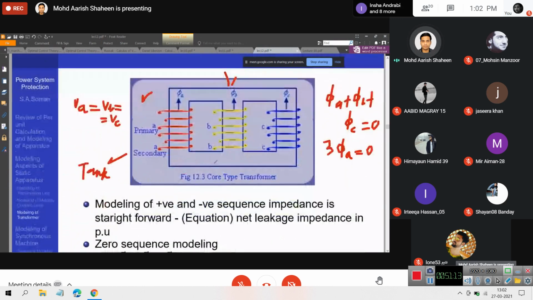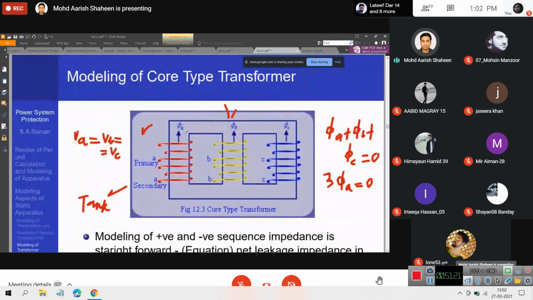इसका अगर आप देखोगे, इसका behavior क्यों ऐसा है? I will again repeat. The behavior is because we have not provided any path for the zero sequence flux to flow. अगर ये तीनों fluxes same हैं, ये zero ही हो सकती हैं तीनों की तीनों. For them to be non-zero, they have to be either positive sequence or negative sequence. ठीक है? So in practice क्या होता है अगर ये configuration है?